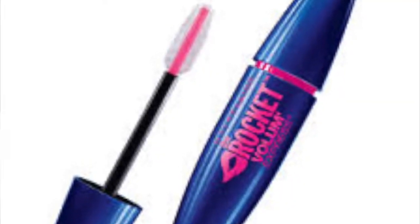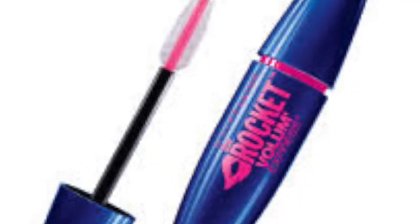Now, some mascaras, and I don't have the one that I want to talk about, which is my drugstore pick for mascaras. It is the Rocket Volume Lash. It kind of looks like the Lash Sensational, but it's just the blue. I want to say it's blue and red maybe, but it's the same packaging. It has the rubber bristles. That one is just amazing. And I have never been a fan of the rubber bristles, like the Lash Blast and all of that everybody craves over. I never really got into them, but the Rocket Volume, whatever the heck it's called,